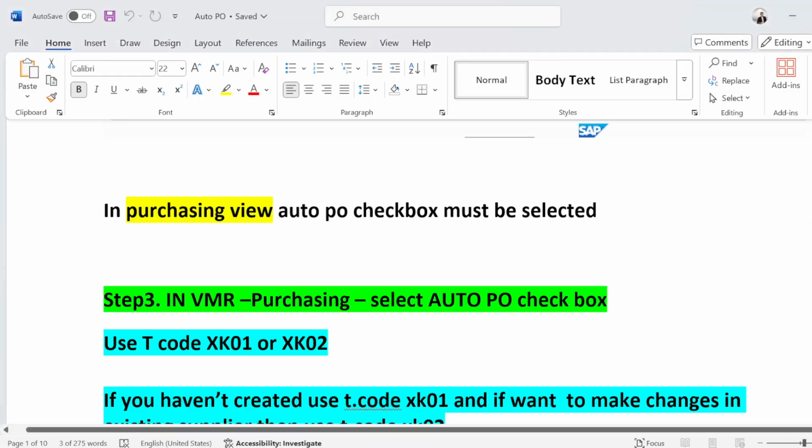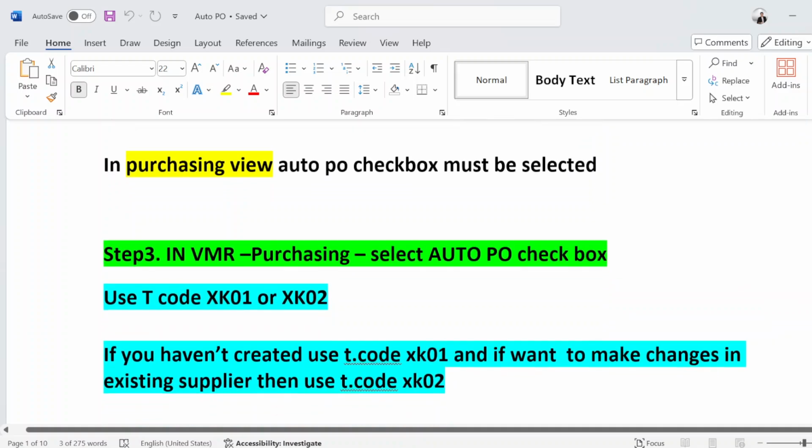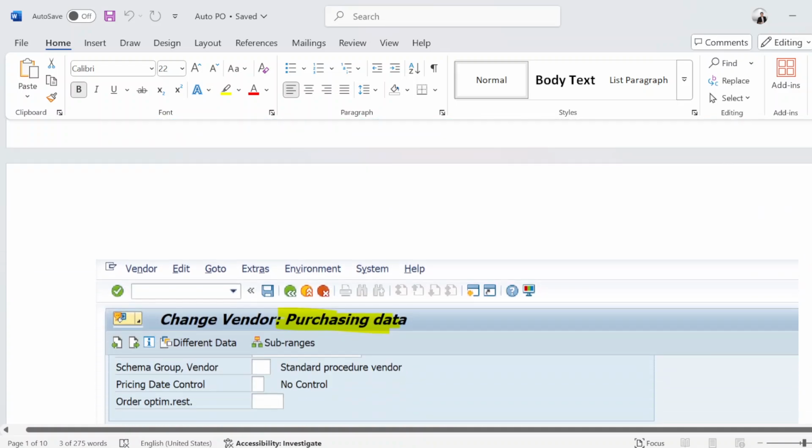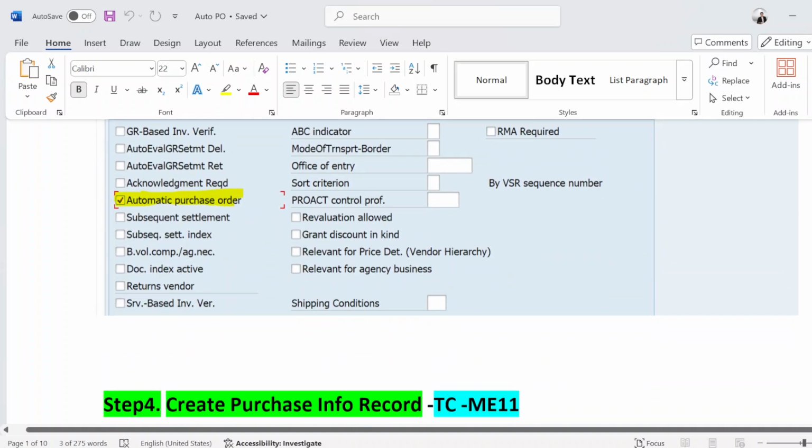Okay, so in ECC this is the T code, but in the S4 system, BP is the T code.